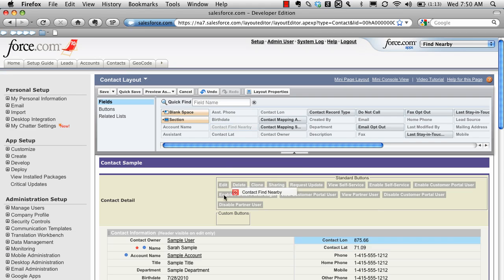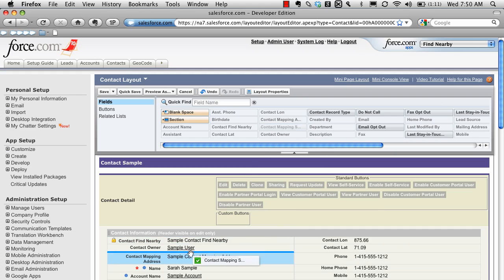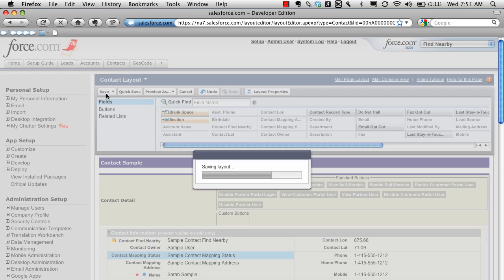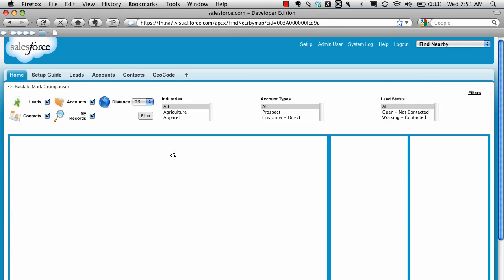So we're going to, again, must have the contact find nearby field and must have the mapping address field. And it's good to have the mapping status field. And again, you can put those wherever you like, but that's all there is to it. Once you put those on the page layout, your users now have access to every piece of the app that they're going to need so that they can locate and map a particular location. And right from here, they can click Map It, assuming that the address has already been located, and you're very quickly